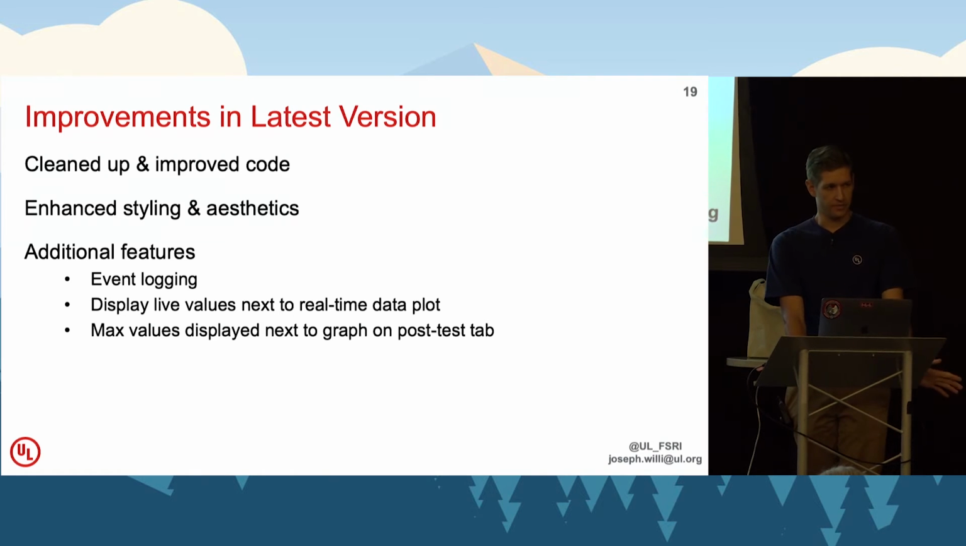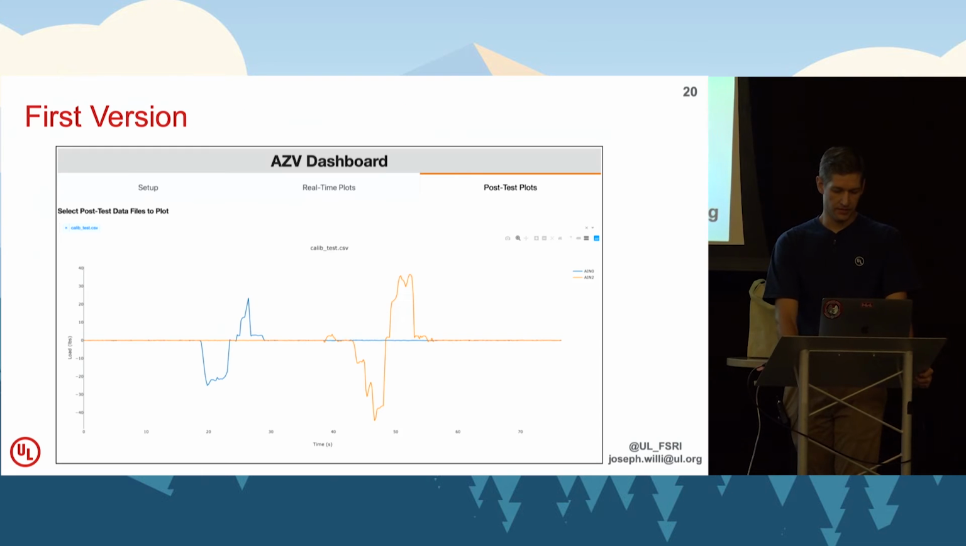And then I also added a couple features, event logging and display of values. So when it's logging real time, it's the real-time value, and then in the post-test dropdown, it's the maximum value that displays. And just to give you a better idea of what the first version looked like compared to the second version,